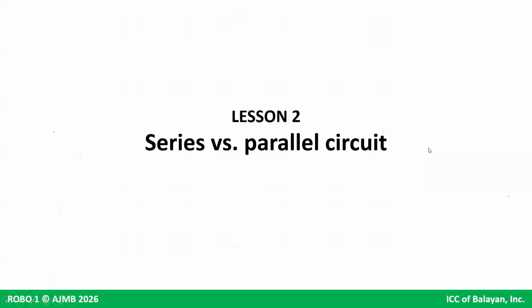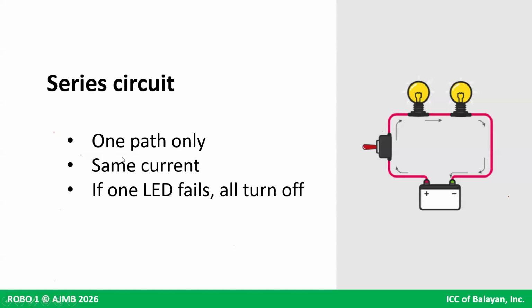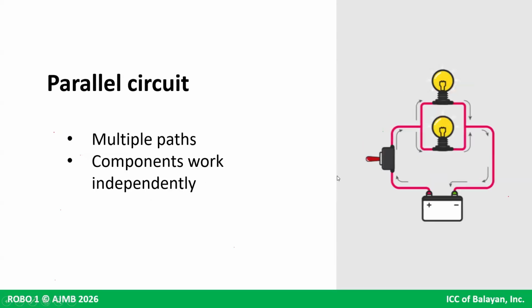Okay, series versus parallel circuit. Pinag-usapan natin ito kanina, no? Sabi natin kapag series circuit, you only have one path for your electrons to flow like this. And your light bulb experiences the same amount of current. What flows through light bulb number 1 also flows through light bulb number 2. If your LED gets busted, your second LED will be affected, right? Pag parallel, you have multiple pathways. So here I have 2 branches, and your component works independently, which is, of course, a good thing since when one of them is not working, it's not going to affect the other, right?